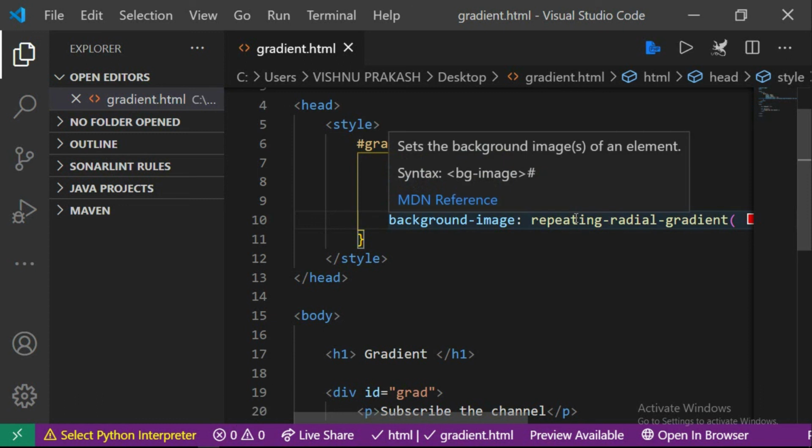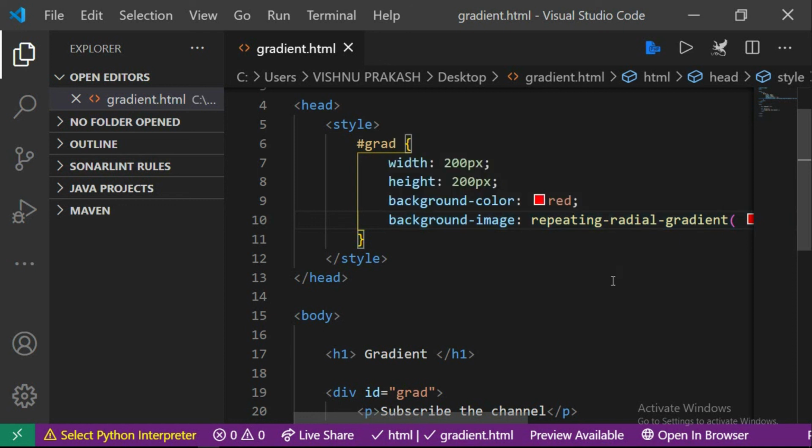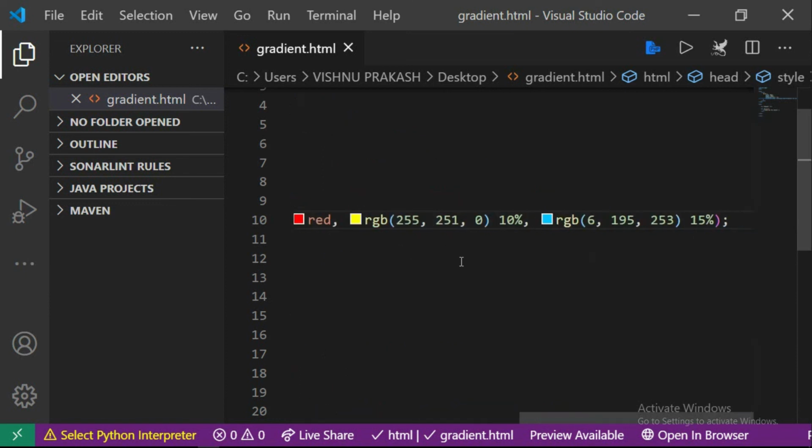Then see here, if you want, instead of RGB we can give VIBGYOR, then it will look like rainbow colors. Whatever way you want the colors, you can give everything and decide the gradient in your website. This is just for understanding how we can give gradients in the website. I gave the basic structure and basic idea of how we can give the gradient, and different methods to give the gradient by percentage or circle or repeating and everything. So I hope you guys understood the video.